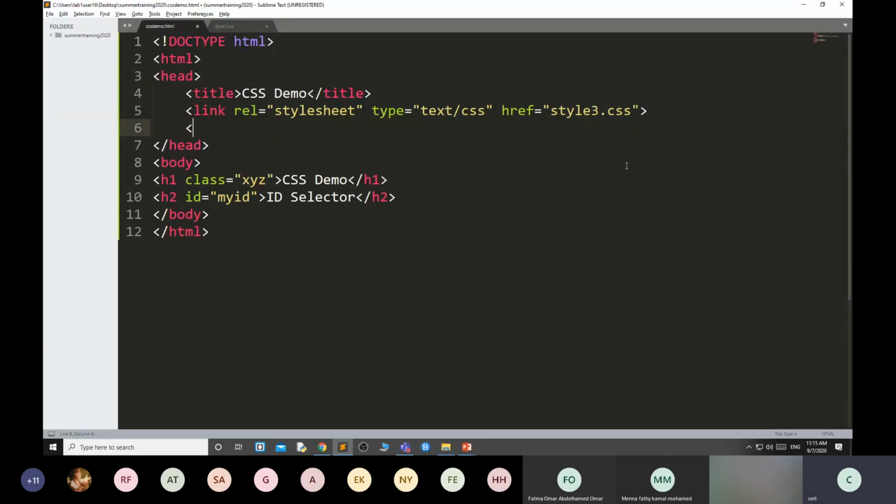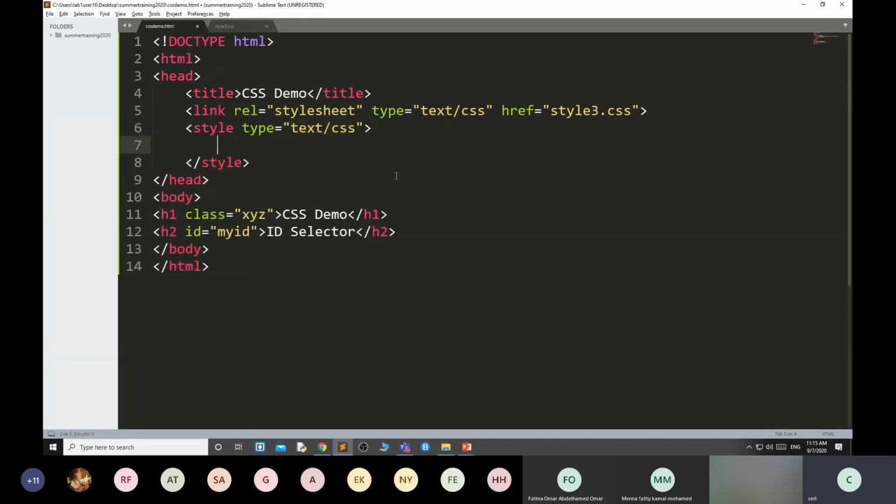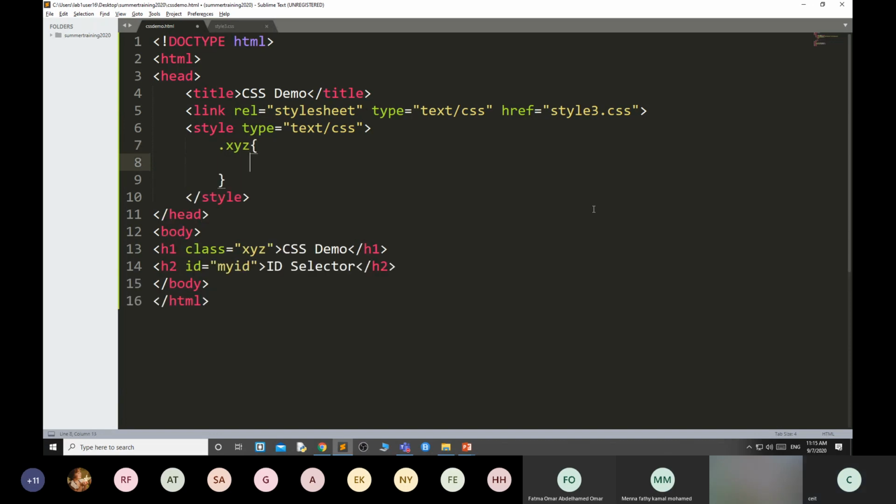Here if I use style, okay, this is the internal style sheet. And here I'm using dot xyz and color. Here I'm using color red. Okay. Here, style color blue.